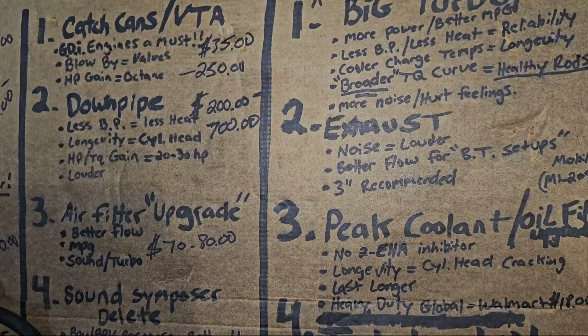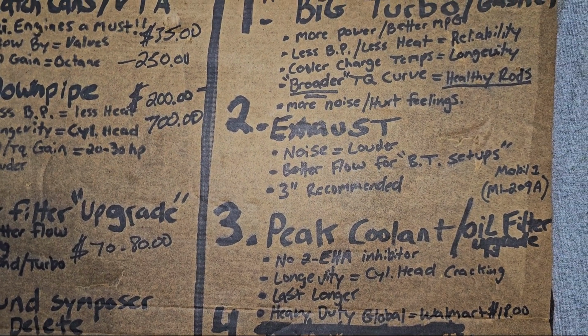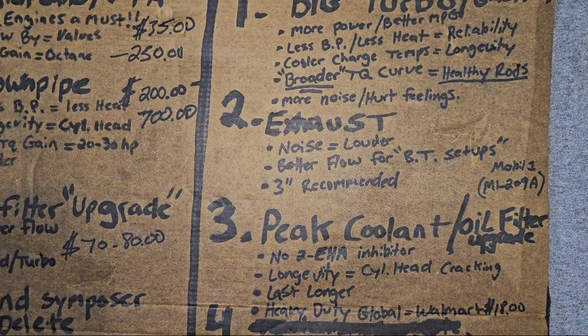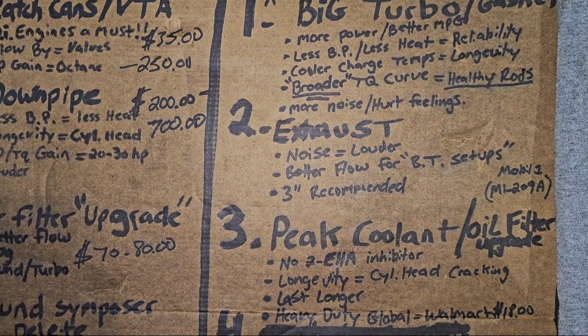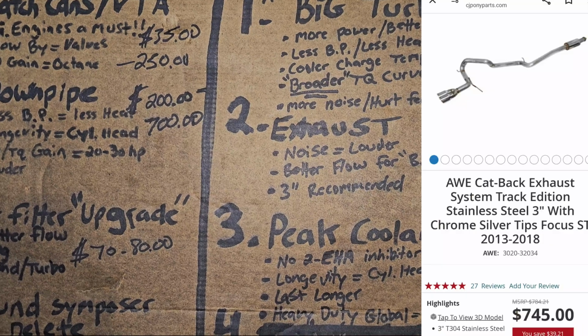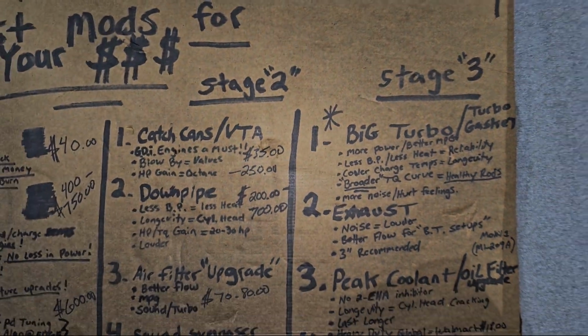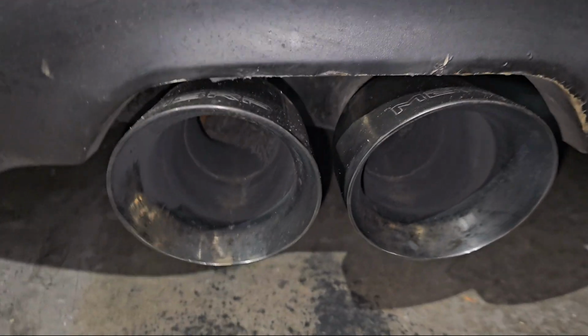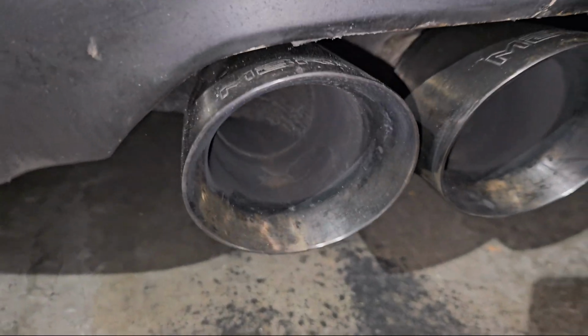Now, as far as what exhaust I recommend, I would highly recommend the MBRP, or you could also run the AWE track exhaust. That's a really nice setup, stainless steel. I have the MBRP exhaust. So this is my exhaust setup. These are 4.5-inch tips from the MBRP,